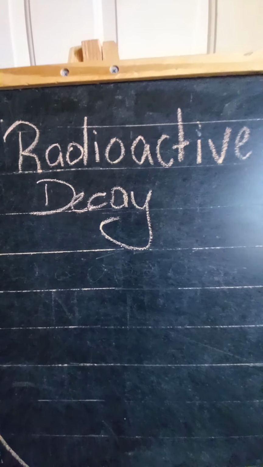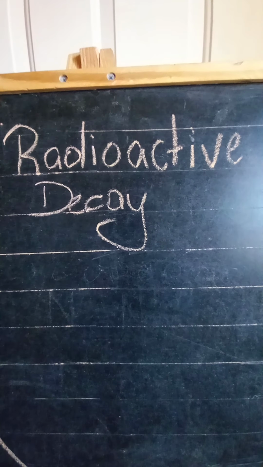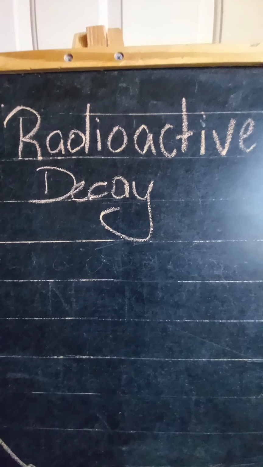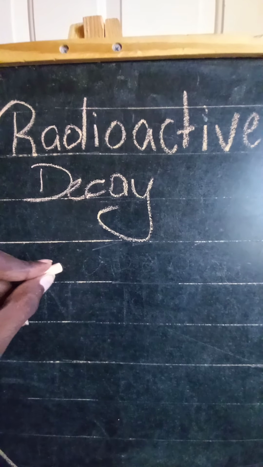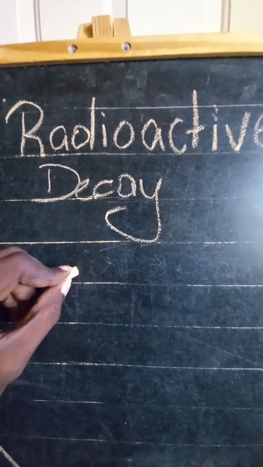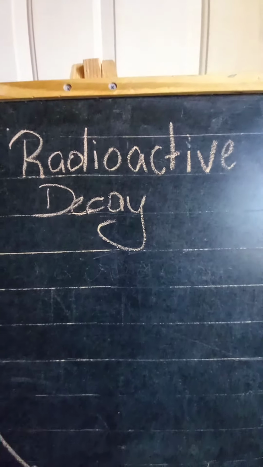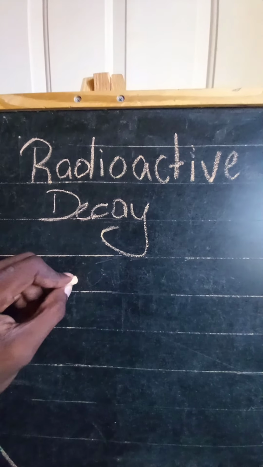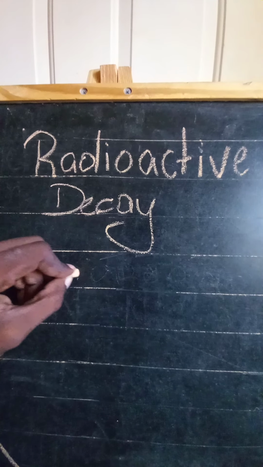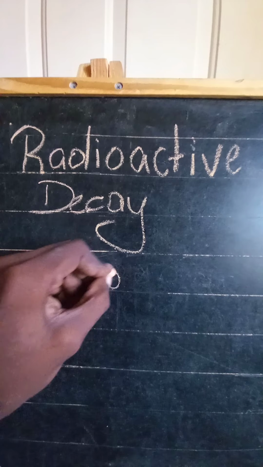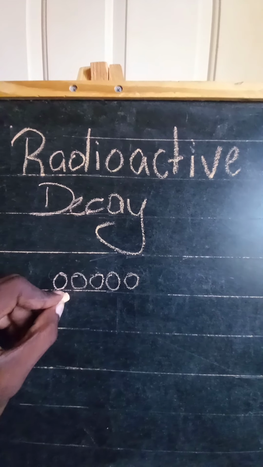So today we are taking a closer look at radioactive decay. Now, say we have a radioactive isotope of uranium 238 and we have a sample that contains 16 nuclides. So 16 say atoms which have 16